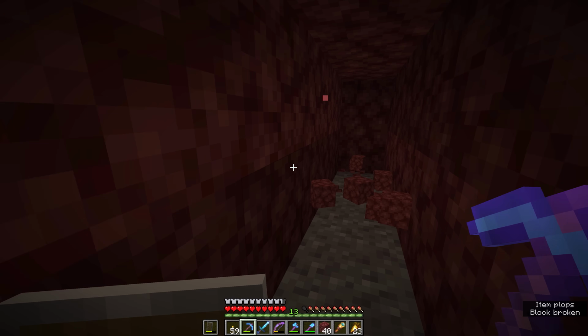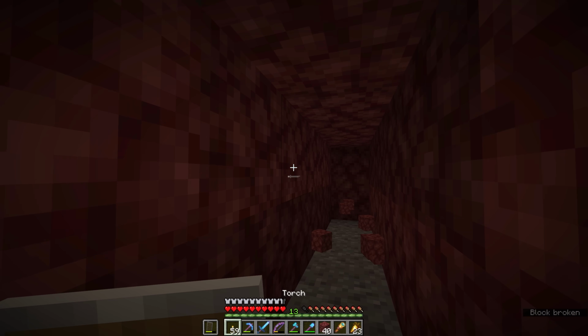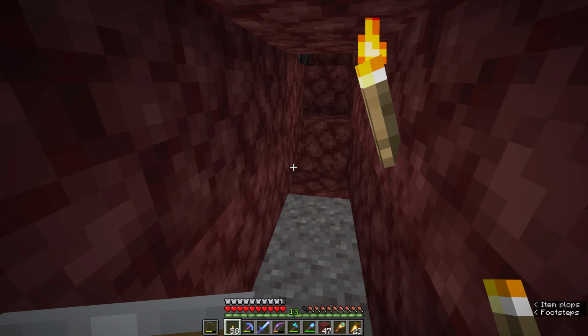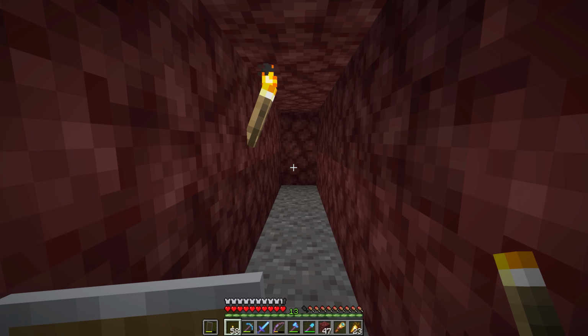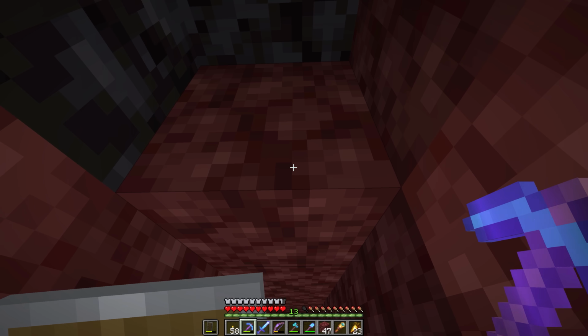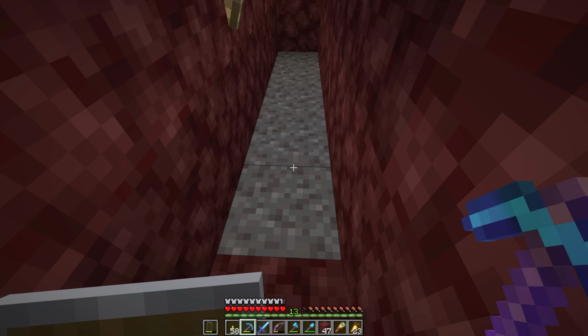Ancient debris can be found more or less at any height in the Nether, so it's no surprise if you've dug through some tunnels you might have encountered a block or two of it already. But the highest concentration of ancient debris can usually be found around the Y15 coordinates, so this is typically where players will start digging. The reason being, on average, between lava level and bedrock at the bottom of the world,